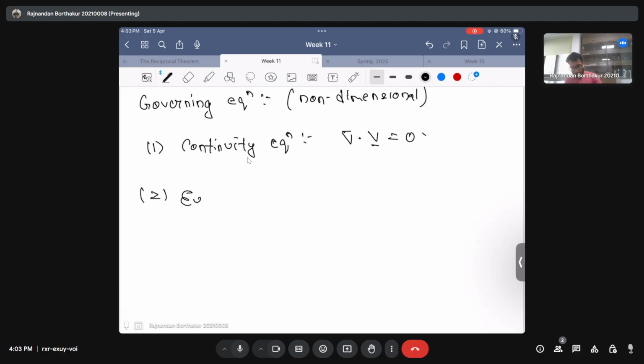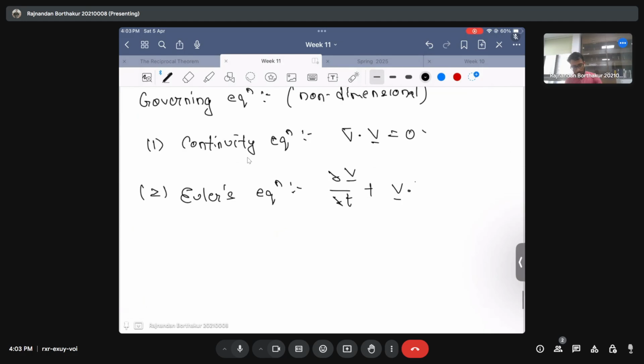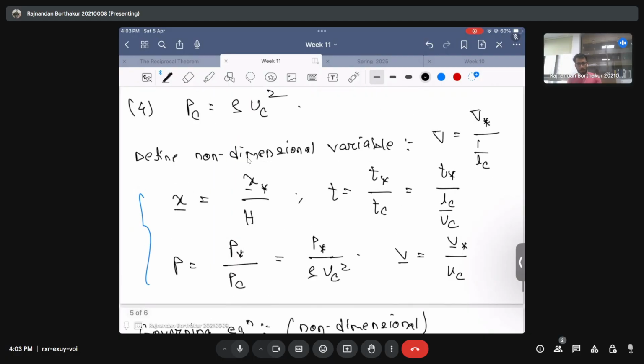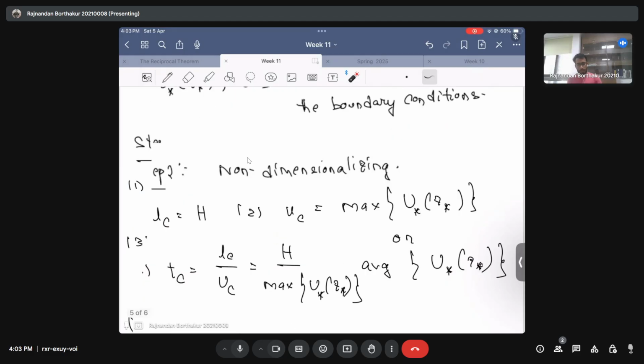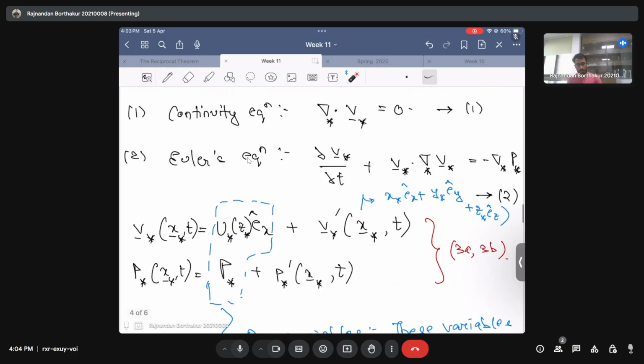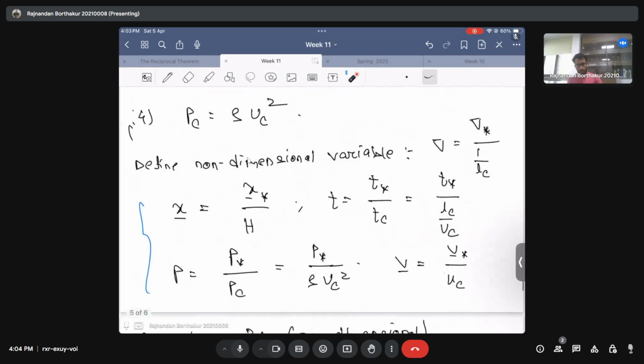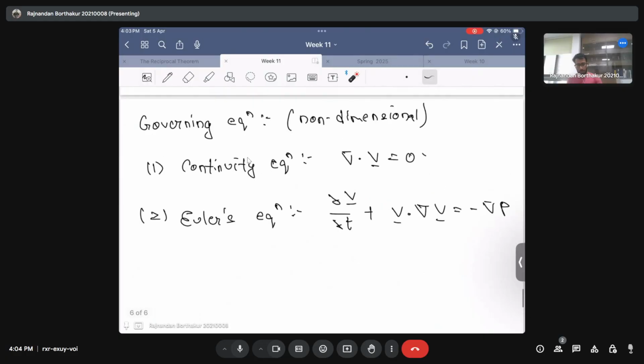That's the continuity equation in its non-dimensional form. And then the Euler's equation, if you just plug in the non-dimensional variables, your Euler equation would just be del v by del t plus v dot grad v equal to minus gradient of p. You can do this exercise at your end. So what you need to do is, I'll not do this now because we have done this repeatedly on numerous occasions. Just use these non-dimensional variables and plug them into the dimensional governing equations to get the corresponding non-dimensional governing equations. Okay,